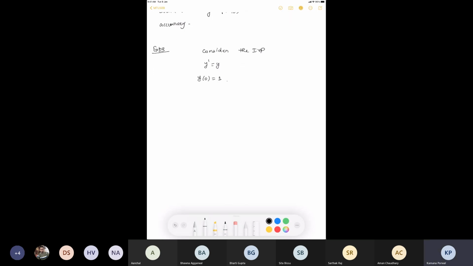You have to use the RK method of order 4 to find the approximate value of y at the point. We are starting with 0 and I want it at the point 0.04